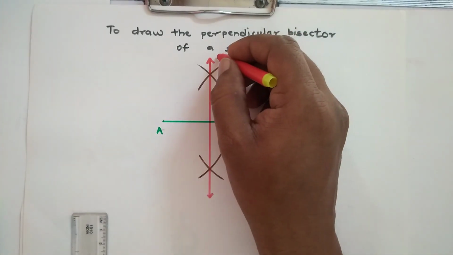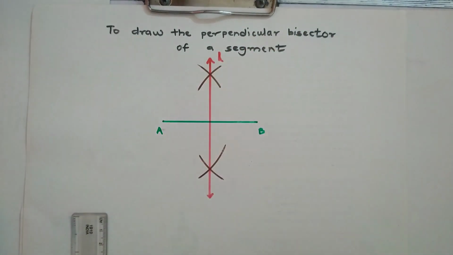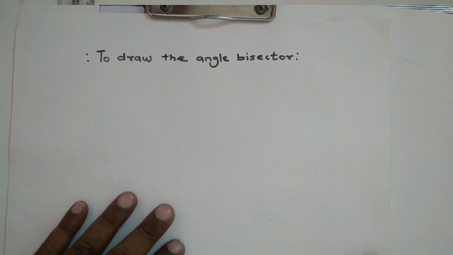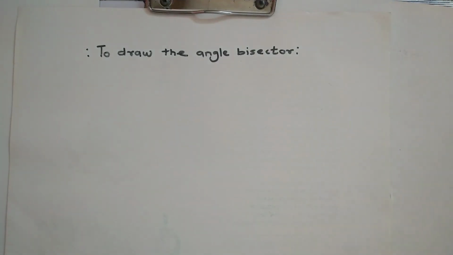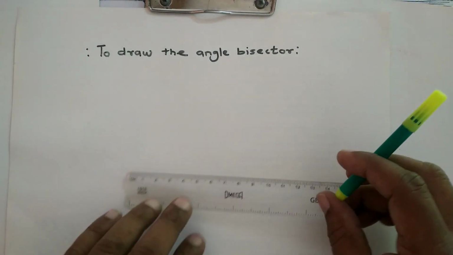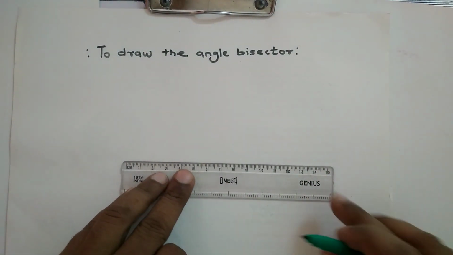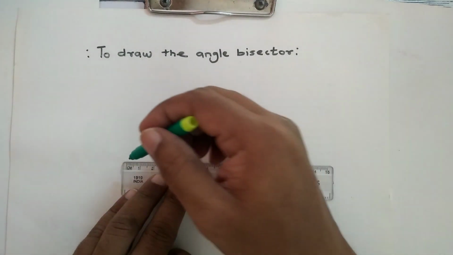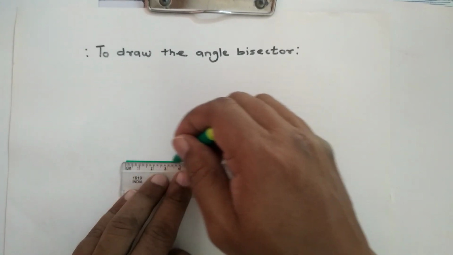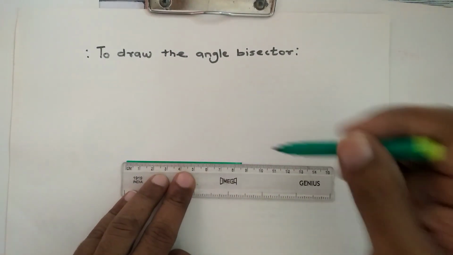So this is line L, that is perpendicular bisector of segment AB. Now let us draw the angle bisector of an angle. To draw the angle bisector of an angle, first of all draw the angle of given measure. First of all I will draw a ray,